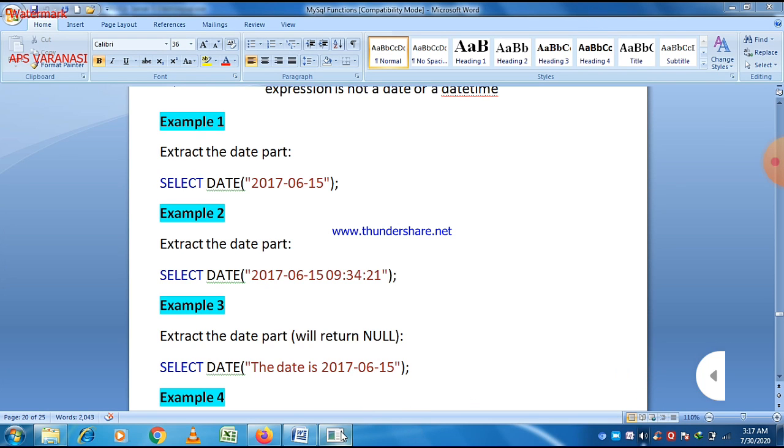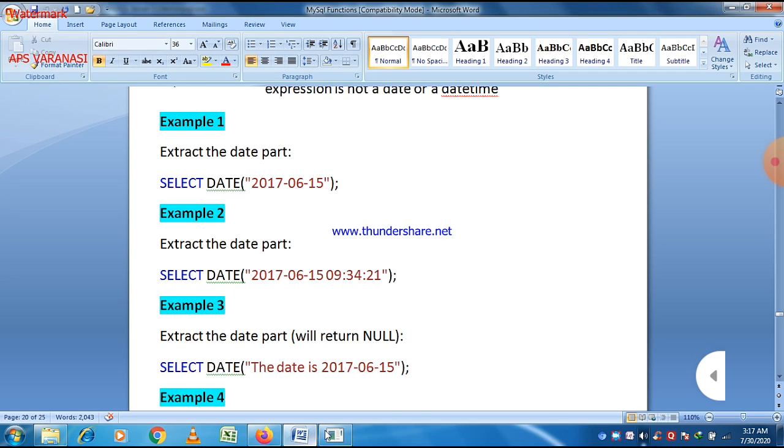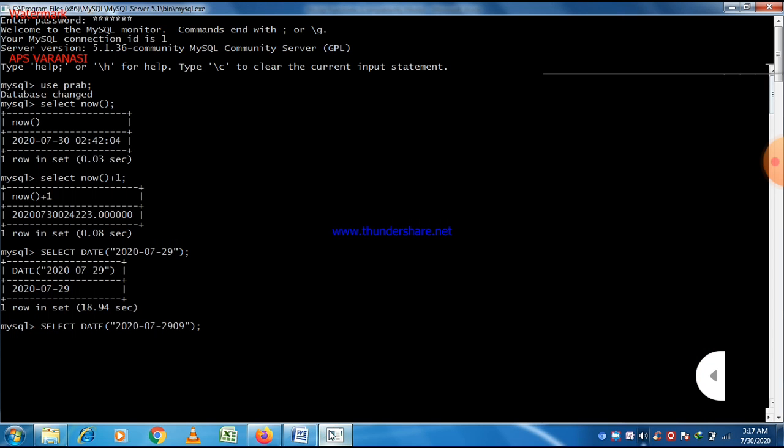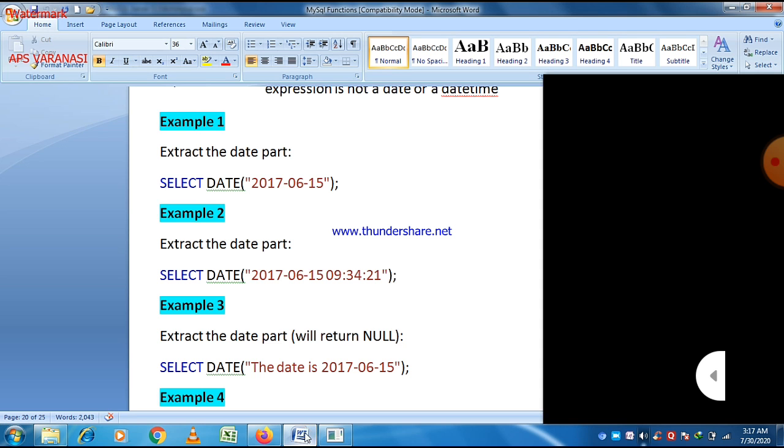But what happens if we give a date in the format of date and timestamp also? Let us check it. Let us say any time is given to it, and always remember that if you don't give any space between date and time, it will give you an error, just like that. 29, then 9, then colon, then 34, and then colon 21. It means first is hour, then 34 is minute, and 21 is second. Okay, null value, because as I told you earlier, there is a wrong format, then it will always give you a null value.